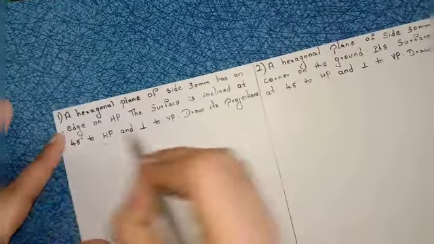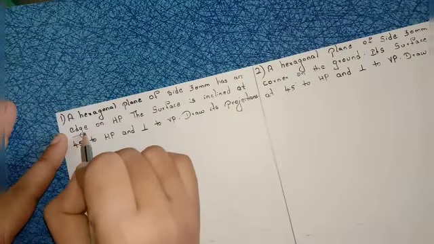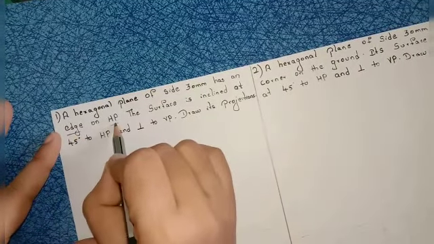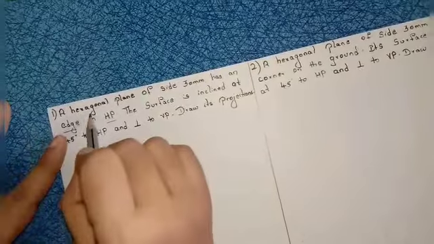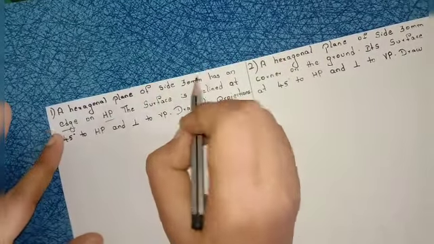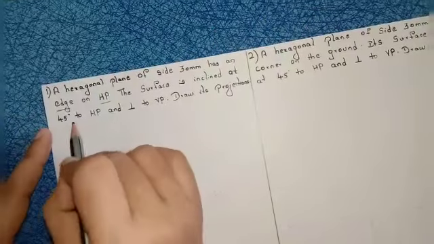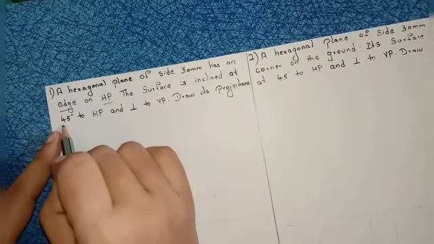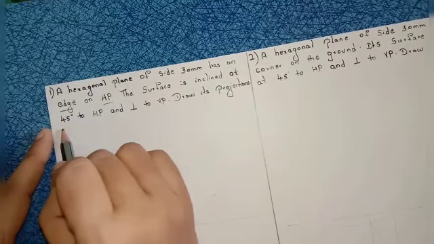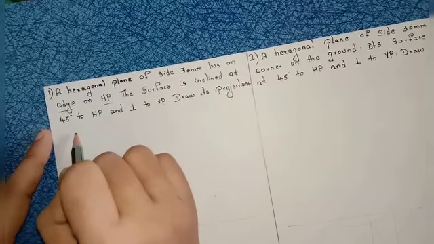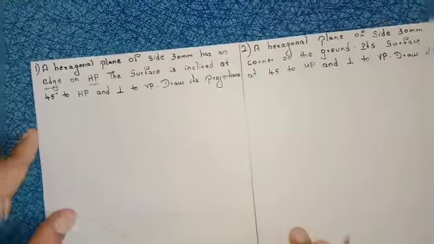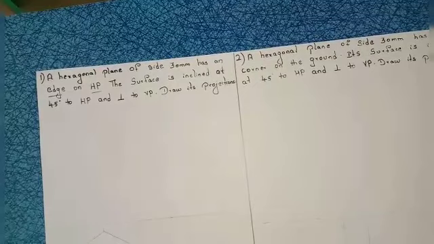Here the condition is edge. They mention the condition as edge, where we have to start, on HP. What we have to draw? Hexagon. Length of the hexagon is how much? 30. So this is completed. Then next, how many angles did they mention? Only 45 degrees to HP. So here they mentioned only one angle. If they mention only one angle, you have to draw two positions. So let us see how to construct this one.